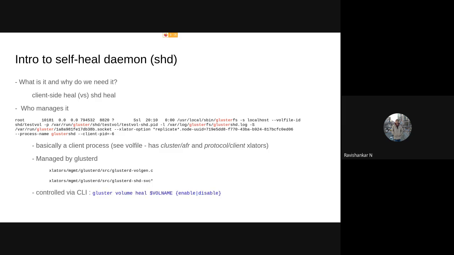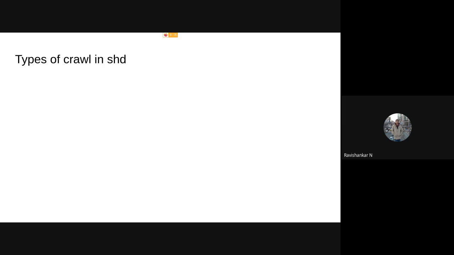For example, when you use the CLI to create and start a volume, the self-heal daemon is running by default, but you can specifically disable the daemon by using the command gluster volume heal <volname> enable or disable. The way it works is that when you run this command, it goes from the CLI to glusterd, and in this svc.c, there are a couple of files in this folder. They have the logic of managing the life cycle of the daemon. So that is all about glusterd and how it starts, stops and manages the self-heal daemon.